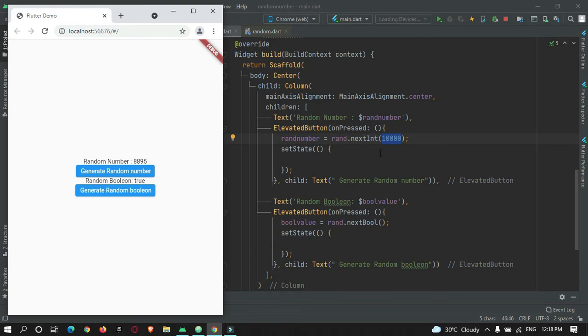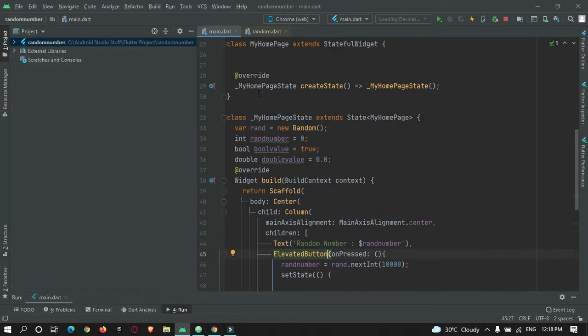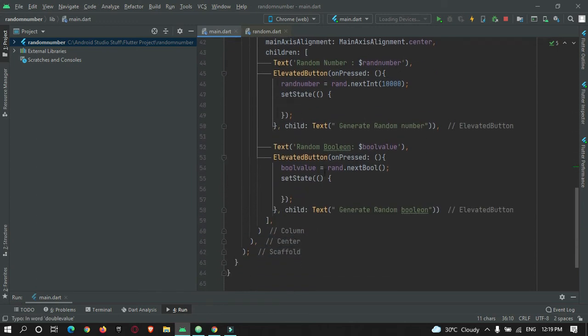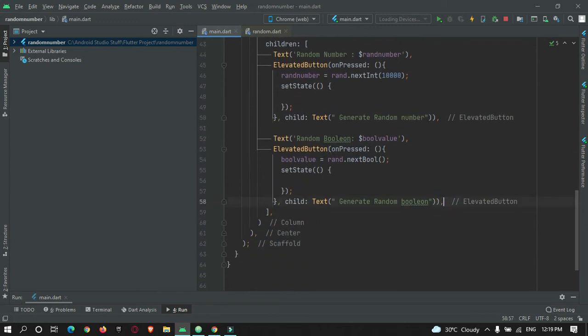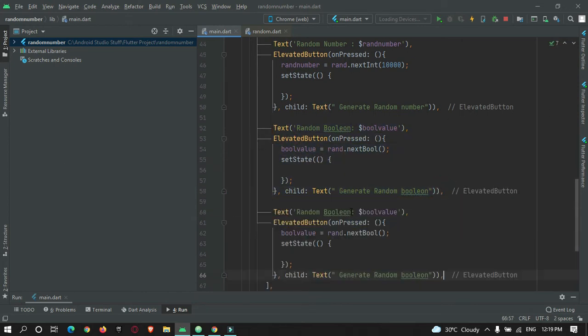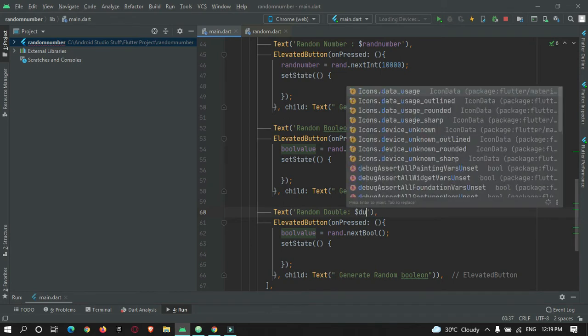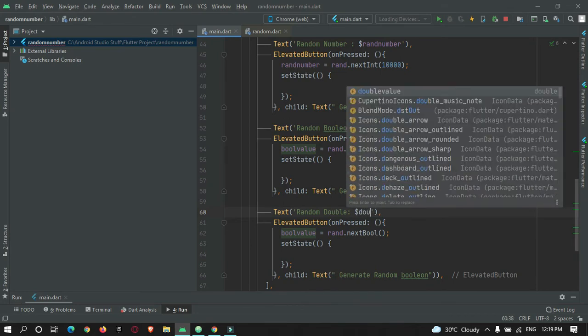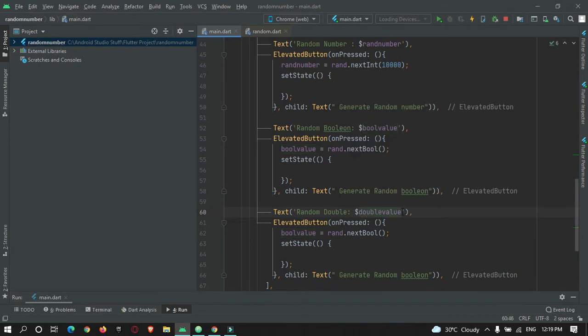Okay, so now let's generate a boolean, no sorry, the double value. For that also I will just copy this widget tree and paste it over here, in the double value.